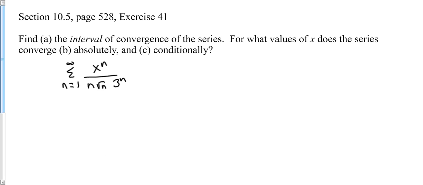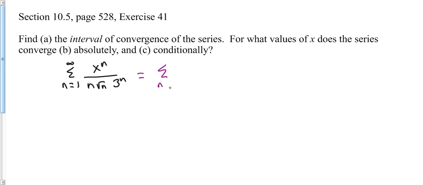Let's do section 10.5, page 528, exercise 41, which reads: find A, the interval of convergence of the series, and then for what values of x does the series converge B absolutely and C conditionally? Well, we're going to start by looking at absolute convergence, which means that we want to rewrite this series as